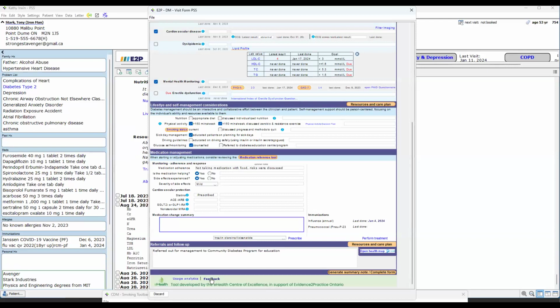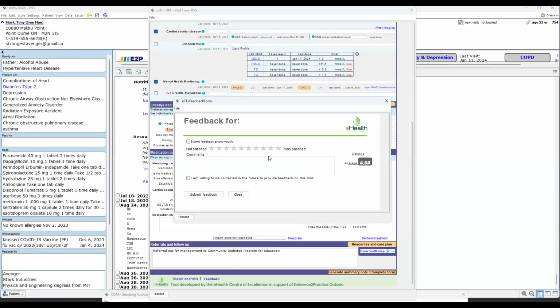As I mentioned earlier, we do really appreciate having feedback, so you can always email our team or the change management person you worked with, but you're able to submit it here as well. The nice thing about submitting feedback here is that if you leave your email and don't submit it anonymously, which is absolutely fine,